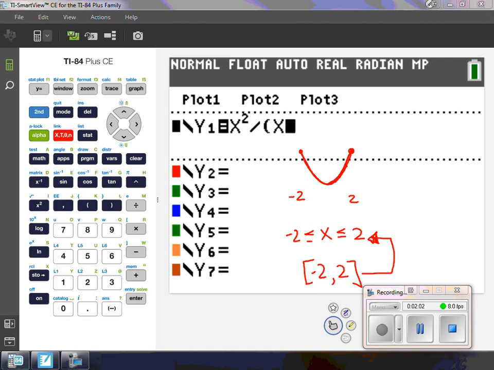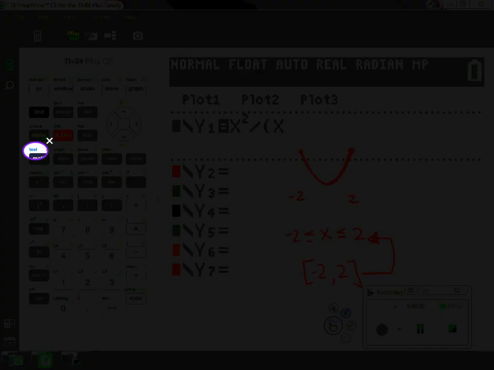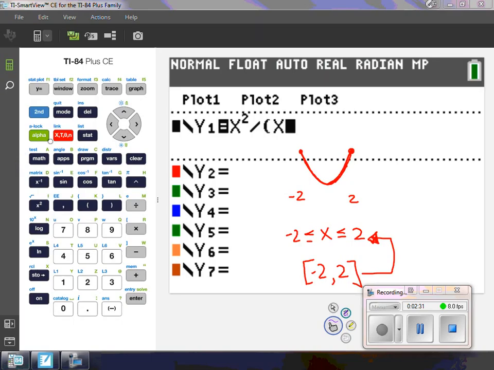For the interval -2, 2, this is how it would look in set builder notation. Unfortunately, on the calculator, we can't set this entire thing up in one sentence. Instead, we have to set it up in 2 parts. So first, we want to tell the function that we only want to see the graph when it's greater than or equal to -2. To get the greater than or equal to sign, it's above the math button. It's called test. So hit second,